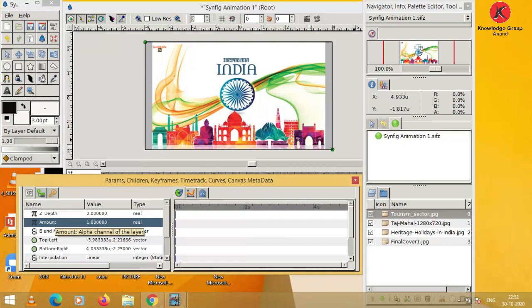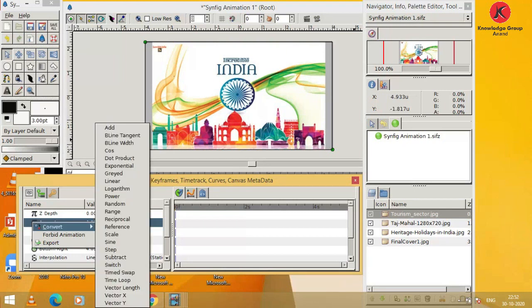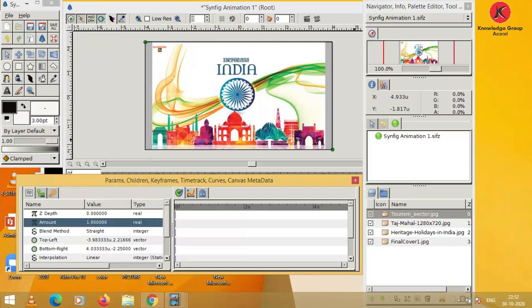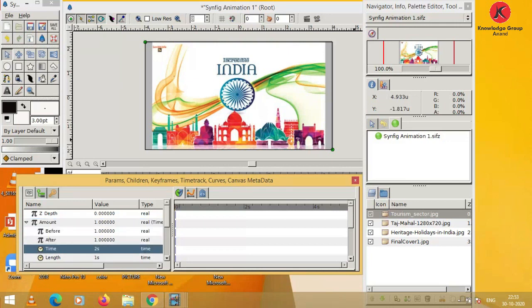So select the topmost layer as shown, and in the parameters panel select the amount parameter and right click on it. Right clicking will open a context menu. Then choose convert and time swap. When you click on time swap, you can see 4 sub parameters: before, after, time and length.